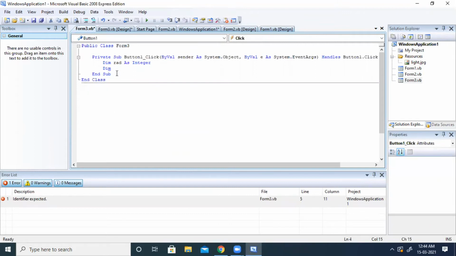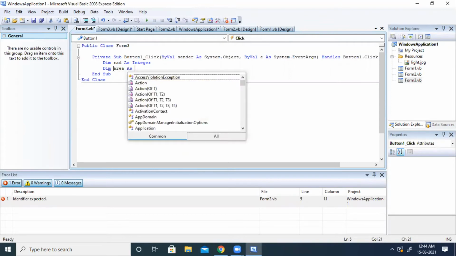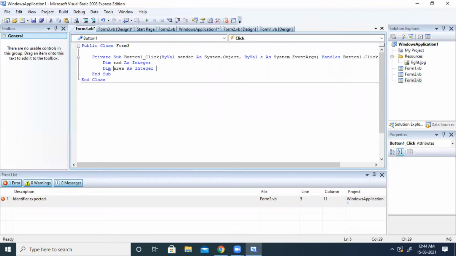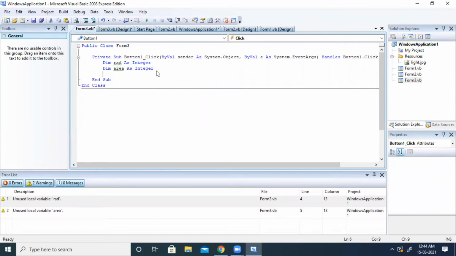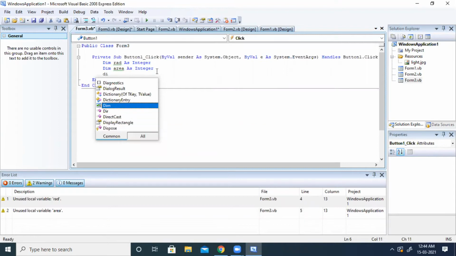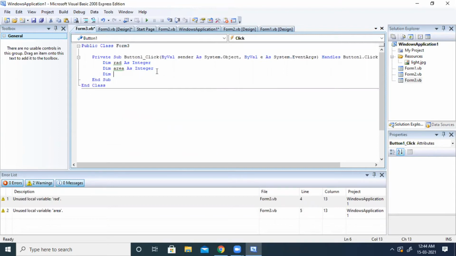Dim, here I will declare area as integer. Next, Dim CIR. For circle I am taking as integer.